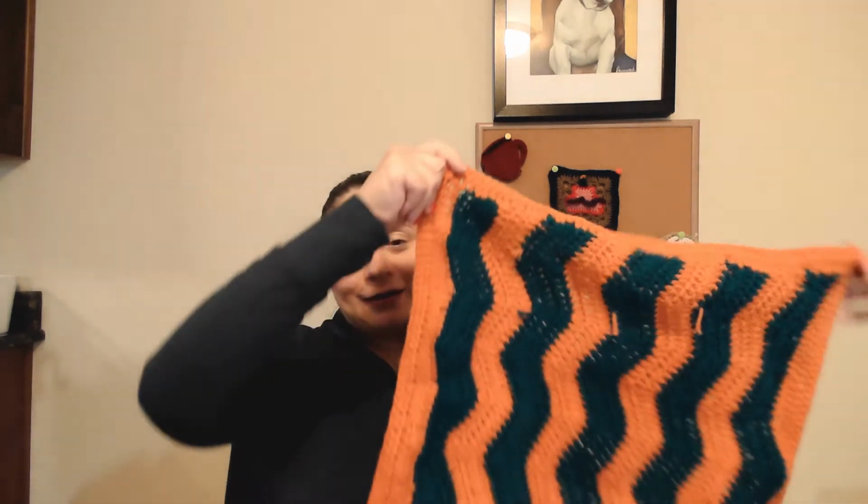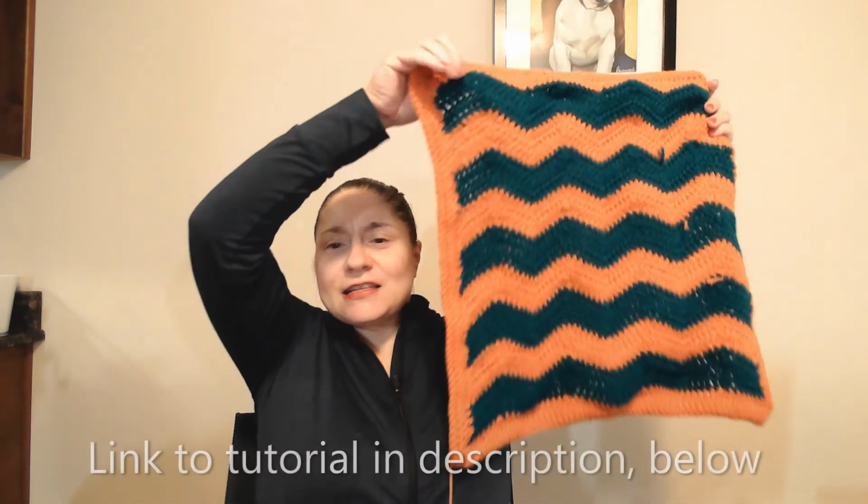I tried Chevron, and I was doing really good for a few hours. I was doing Chevron, and then I put the project down. When I came back the next day, I just couldn't get into it, so I put it aside. Well, I thought I would give it another try, and boy, is it easy. To a new crocheter, maybe not, but